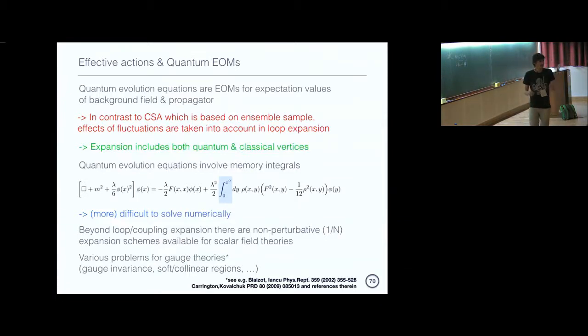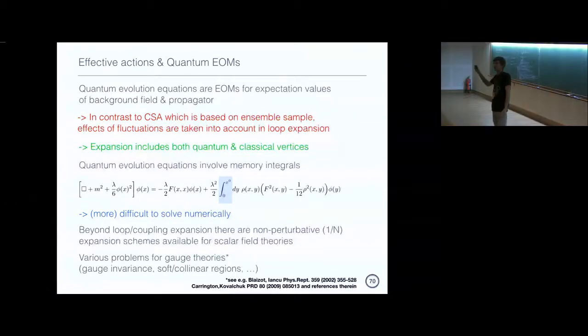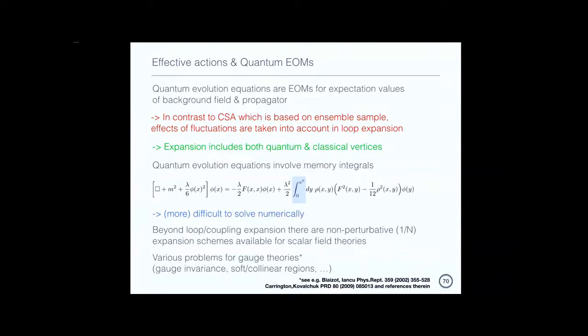Another point is that in gauge theories, even if you just want to describe what is usually considered the leading order of the expansion within such an approach, you have to deal with all these issues of soft regions and nearly collinear processes going on. And so this is actually not sufficient. You need to at least go one order higher. You also have to construct self-consistent 3-point vertices in this framework, and this becomes very painful. So I put down a couple of references here which dealt with this in the context of gauge theory. If you want to look at this, you can.